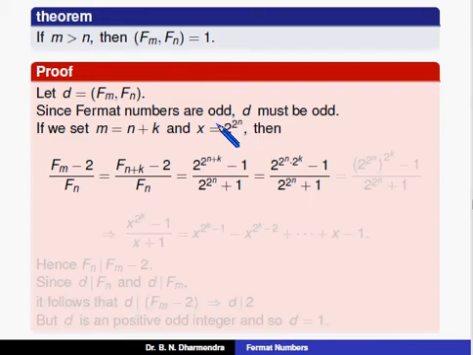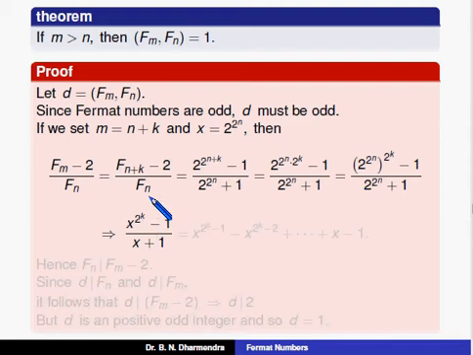Now I take this value, 2 to the power of n is equal to x. It can be rewritten as 2 to the power of n whole to the power of 2 to the power of k. It can be rewritten like this, and also we substitute the value of 2 to the power of n is equal to x, that is x to the power of 2 to the power of k minus 1 divided by x plus 1.